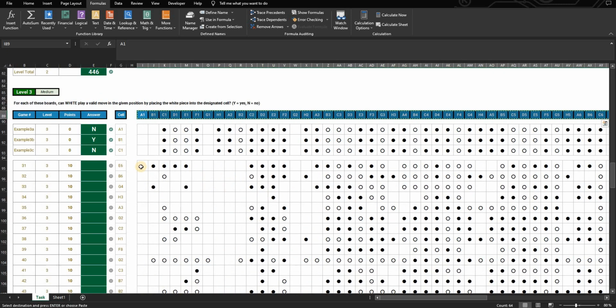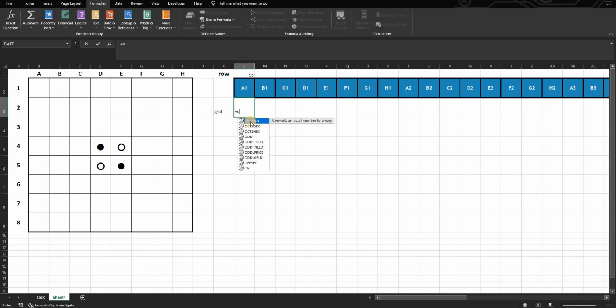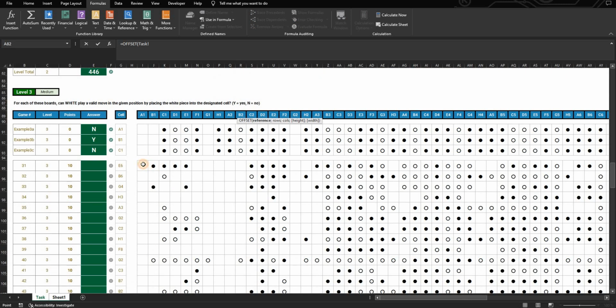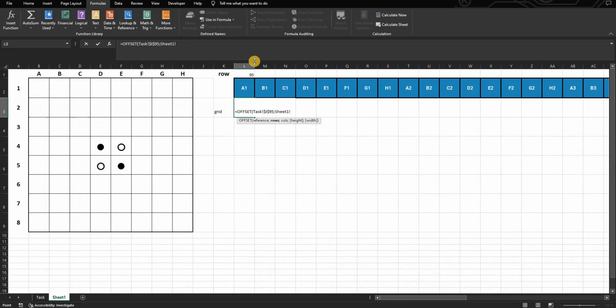And I will want the grid here. So in order to do that, I'll use an offset function referencing this cell that I'll fix. I want to offset the row, sorry. I want to offset the row by this, minus 95,